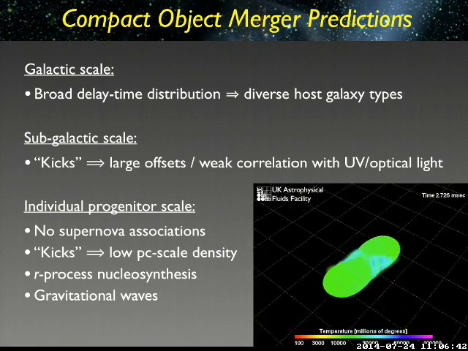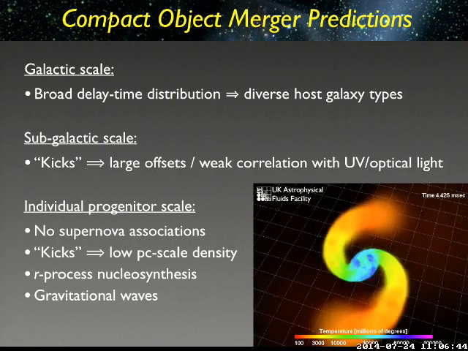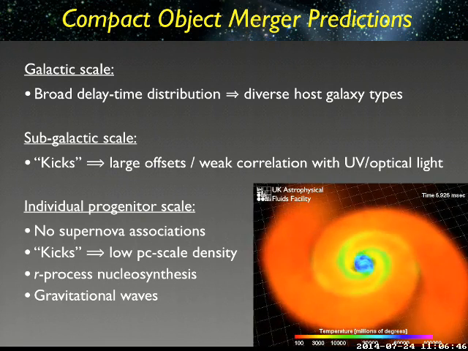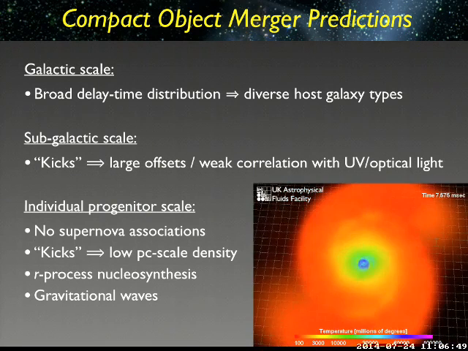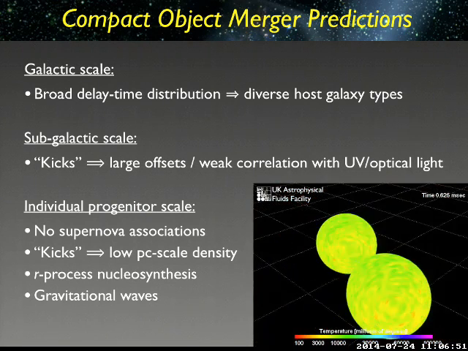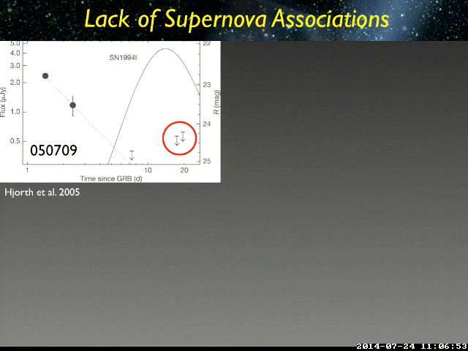Okay, so what I'm going to do is go through these points step by step and see how the observations match these expectations and also what they teach us about the progenitors. So let's start with the easy one, the lack of supernova associations. Here's one example of observations of a short GRB. You can see the fading afterglow at early time. And then there are limits on a time scale of 10 to 20 days when we would expect a supernova